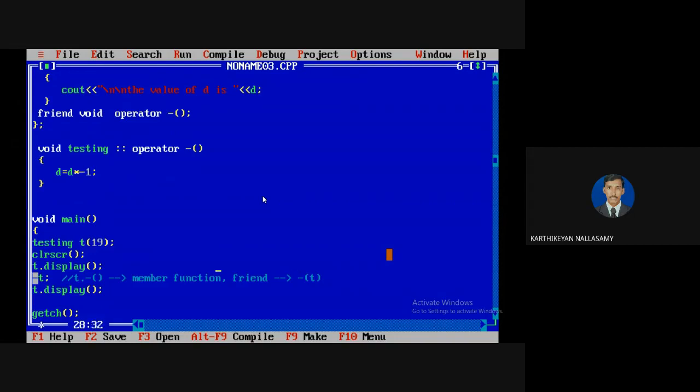Okay, if I'm going to pass this argument, we need to make some changes. If you are going to implement a unary operator by using a friend function, an object needs to be passed as an argument. If you are passing an object as an argument, the class name must be the data type. So here the class scope will be removed. Now we have defined it, so the current object is t1.d equal to t1.d. It will work.